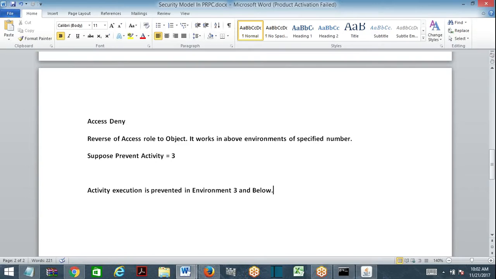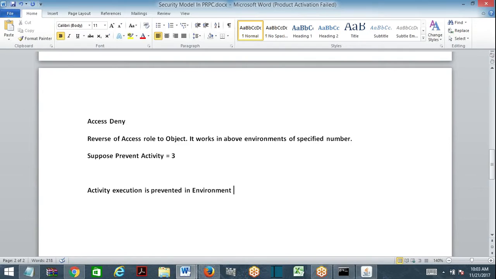No, wrong. Prevent activity 3 means activity execution will be prevented for environment 4 and 5. What is this? Reverse of reverse. Prevent activities you are denying means you are allowing activity execution. Got it?